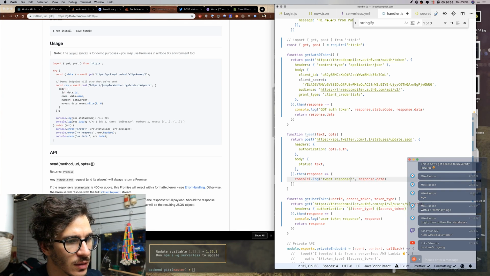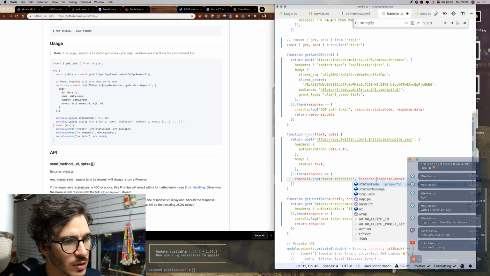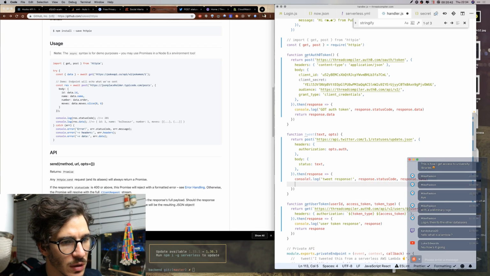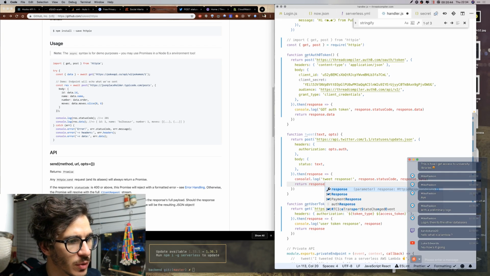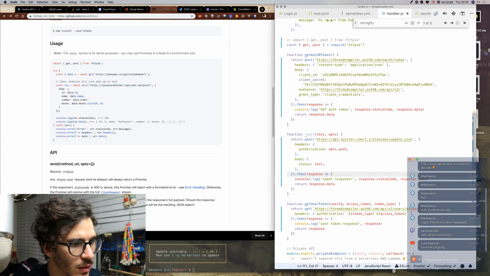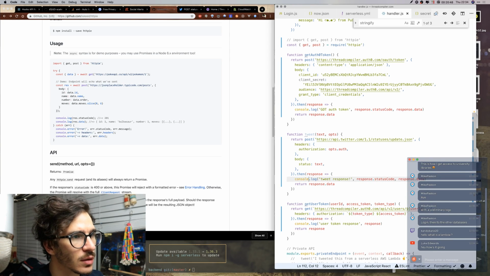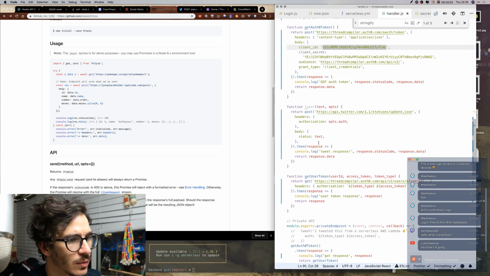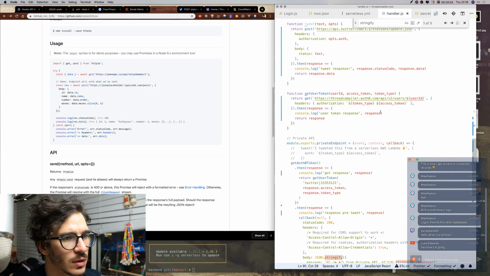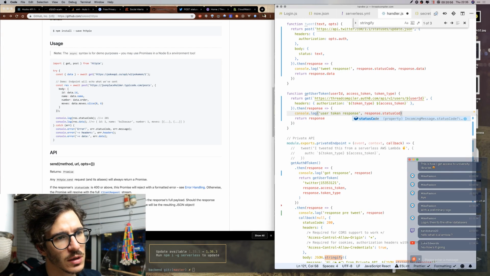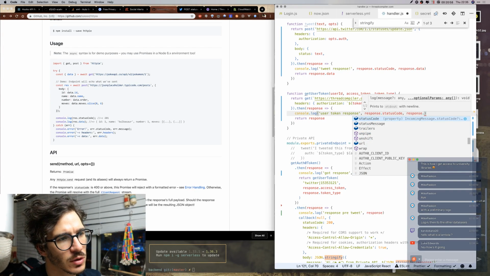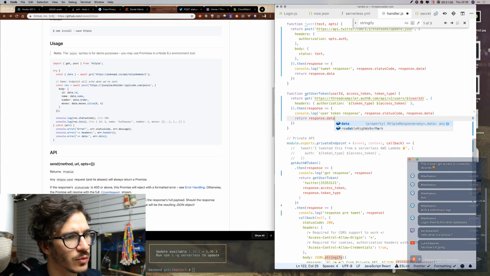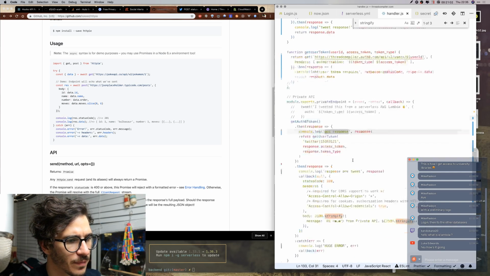Response.data and response.status code, and we return response.data. Console log. So get auth token has all of that. Then we have get user token, which again is going to say status code, response.data, and it's going to return response.data.